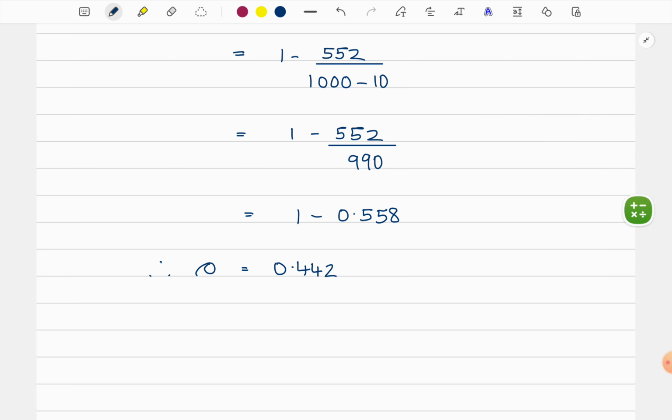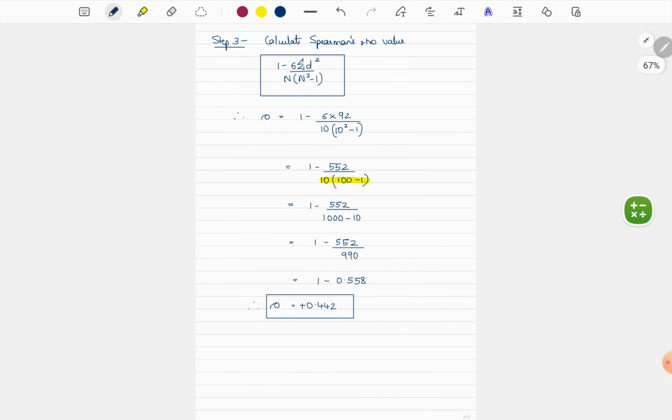Also, it is very important at this point to show the sign. Correlation can be a positive or a negative value. In this case, we have obtained a positive value, so we should just put a plus sign ahead of the correlation coefficient. Okay, so this is how we have done step-by-step solution for Spearman's rho. Now the next step is,